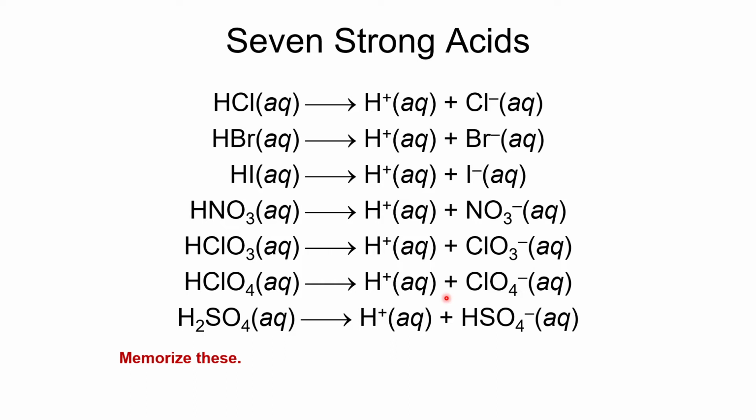The reason I want you to memorize these is, like I said, there's only 7. And when it comes to weak acids, there are many thousands of them, and it's impossible to memorize all of those. So memorize your 7 strong acids and you'll be good. Oh, spoiler alert, if you go on to take organic chemistry, I'm going to tell you about a couple others, but they are fairly uncommon, and they are related to sulfuric acid. So they're kind of related to that. But memorize these, you'll be good.